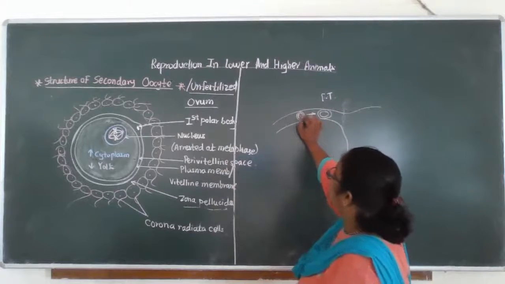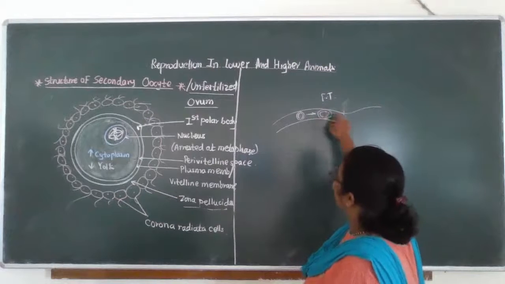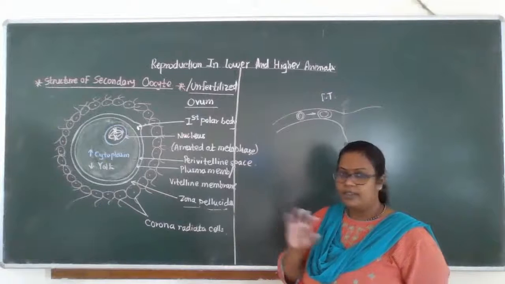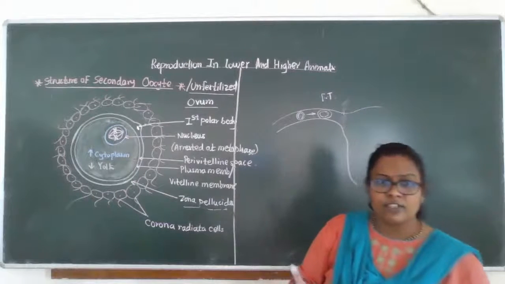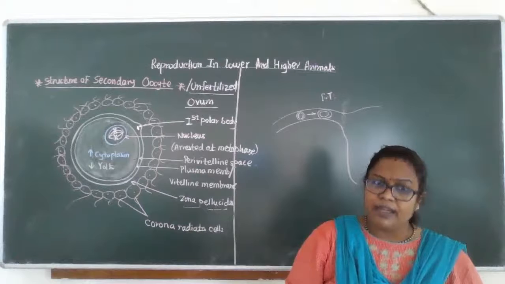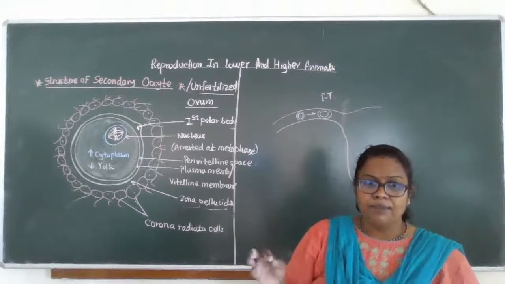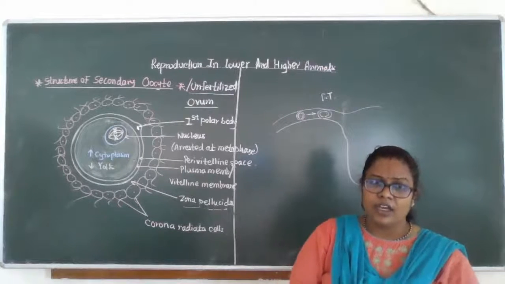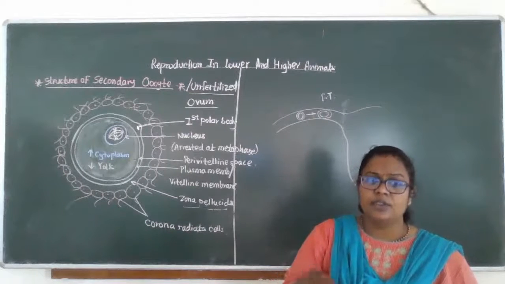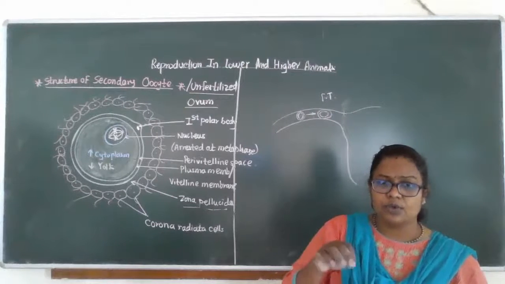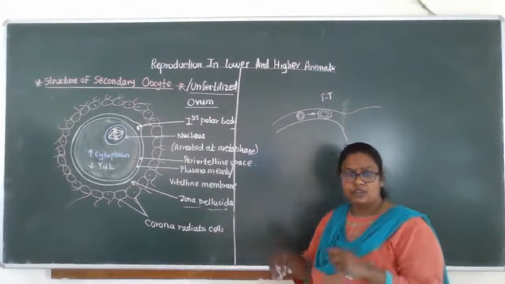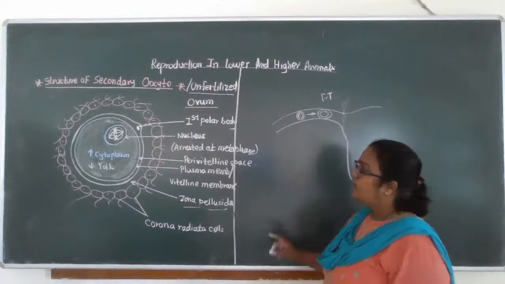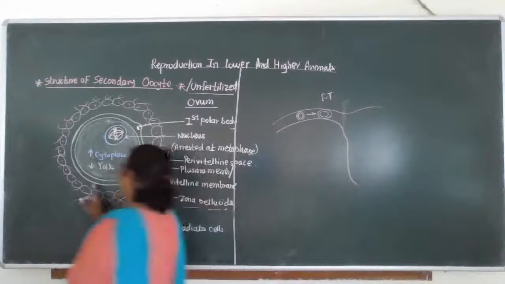Multiple divisions occur inside during development, but still this zona is there, which maintains a specific size in the fallopian tube, right? So what is the function of zona pellucida? It avoids wrong site implantation and also participates in forming another hard, tough covering around the secondary oocyte during the fertilization process, when the male pronucleus enters into the secondary oocyte. Then the next one, the plasma membrane.